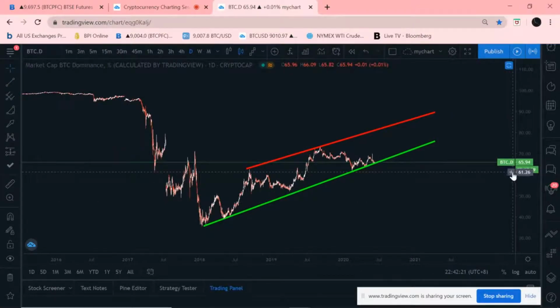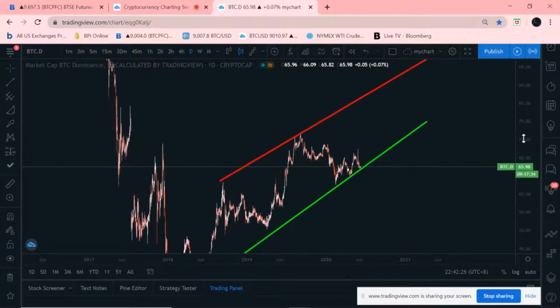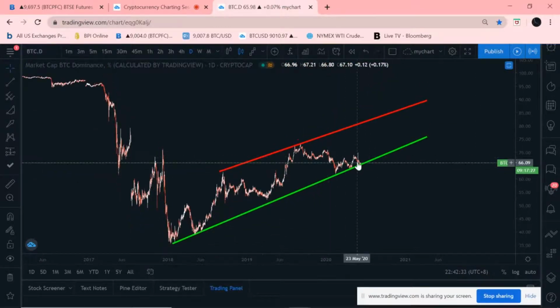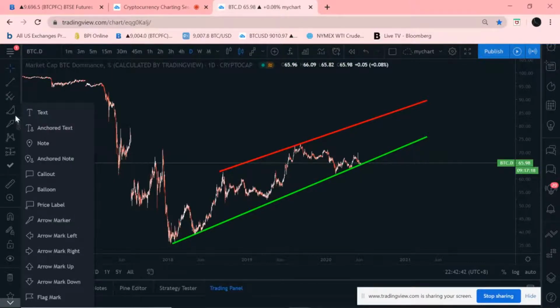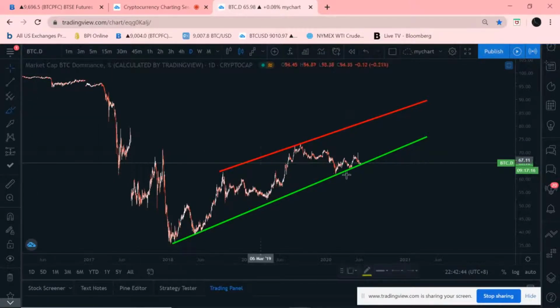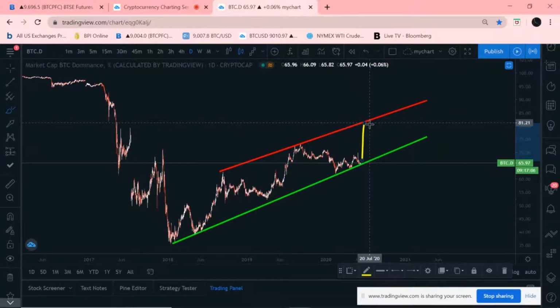So if you look at it, aside from that, it's already trading at the support area. So I think the alts will be over soon, and BTC will regain the dominance. So possibly it will try to go back to this area, or around 80, depending on where the candle will try to retest this